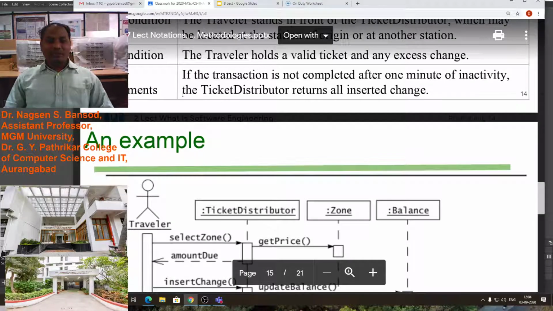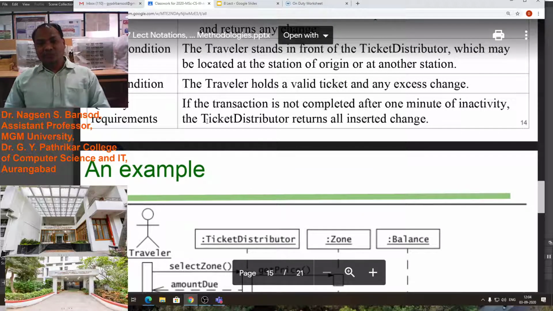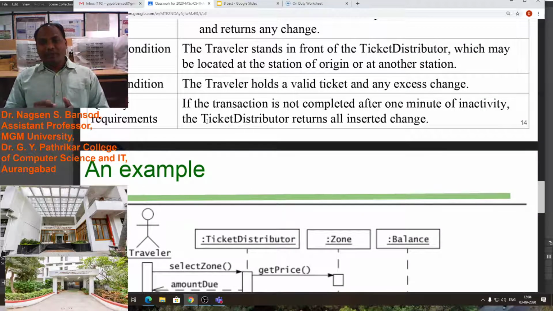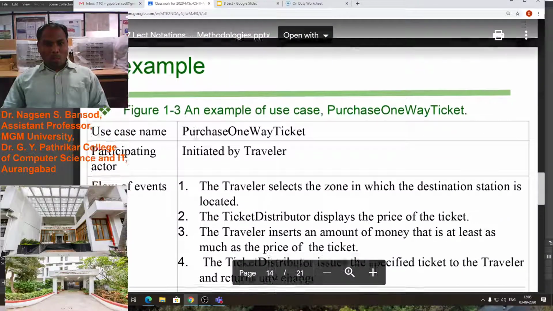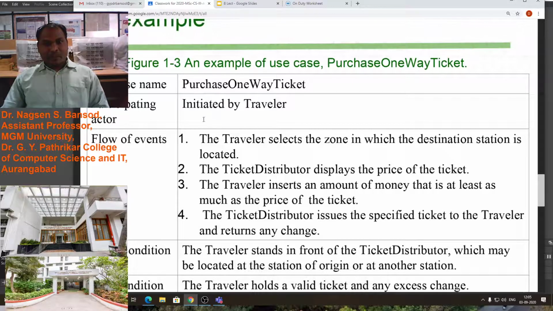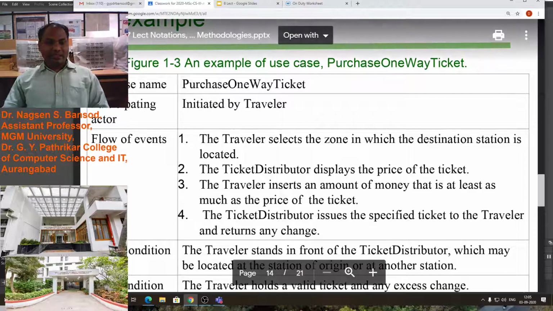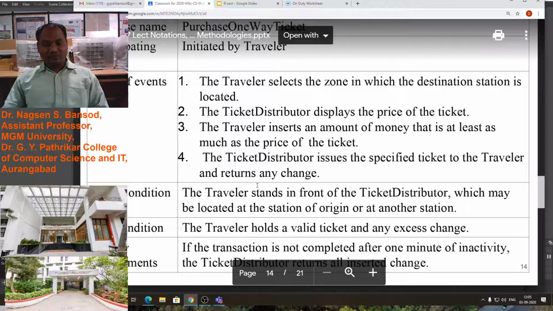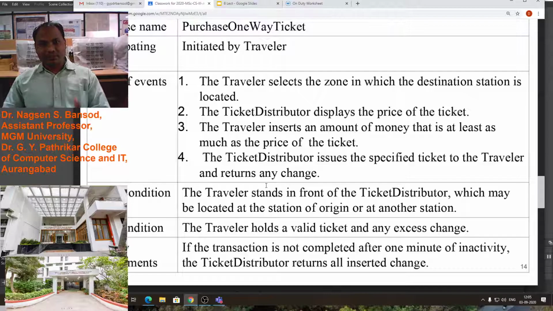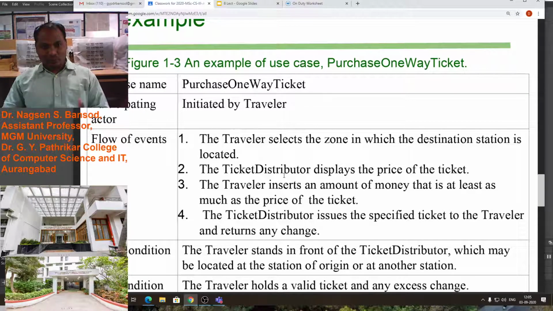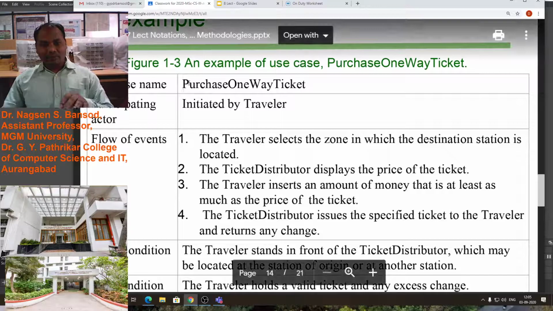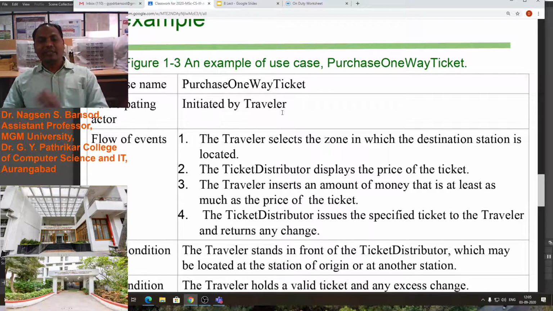Quality requirement: if the transaction is not completed after 1 minute of inactivity, the ticket distributor returns all inserted money from the machine. This is the use case of purchase one-way ticket. In this diagram we have seen one small story, one small scenario, and given it a name: purchase one-way ticket.